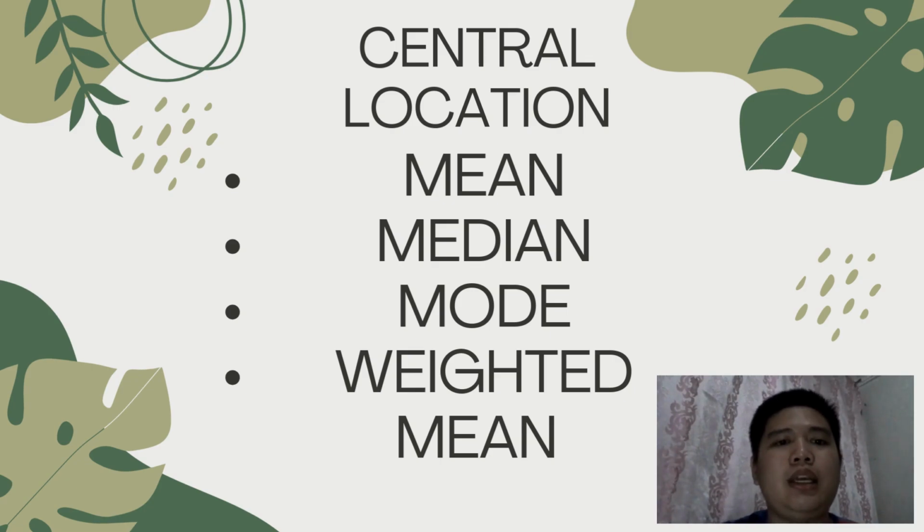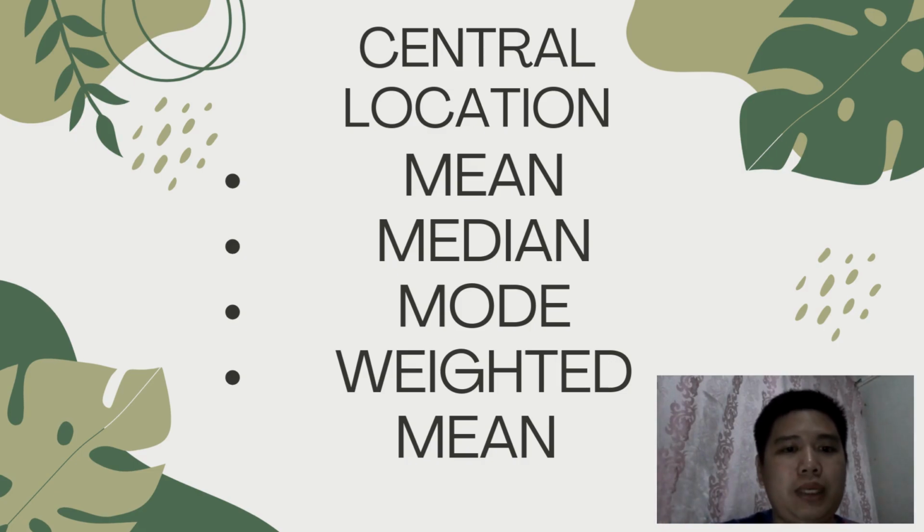The next one is the median, which is the middle value if the number of observations is odd, or the average of the two middle values if the number of observations is even. The third one is the mode, which is the most frequently occurring data in the data set. The last one is the weighted mean, but since it is not relevant in this study case,